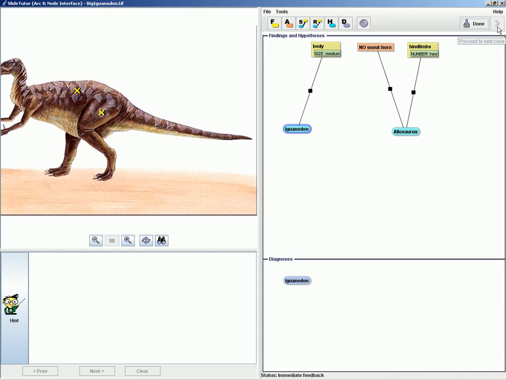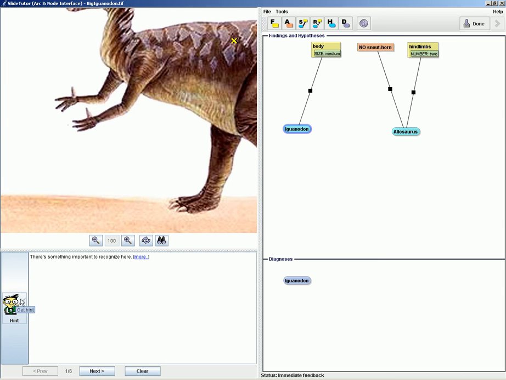So you want to only click the Next Problem button when you're really ready to move on to the next case. And last but not least is the Hint button, which is really useful if you're ever stuck. If you're really unsure of what you should be doing, you can ask for hints and they'll point you in the right direction. So to start asking for hints, you would left click the Hint button, and as you see,